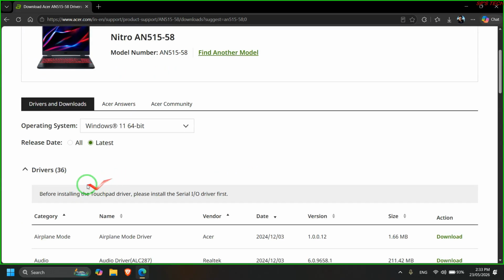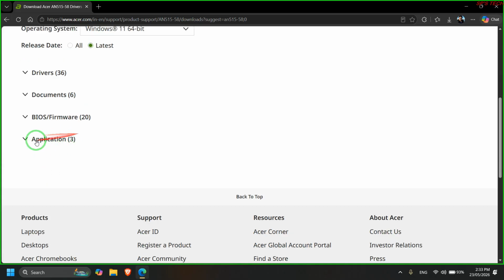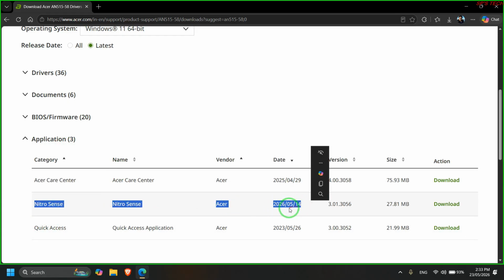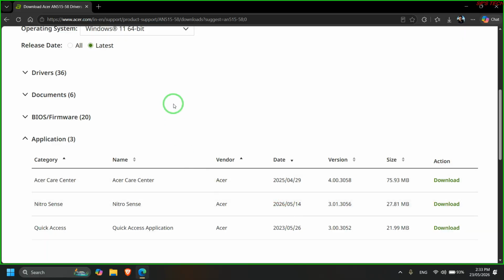But if you visit this support page now, then you can scroll down until Application. Under that, you can see NitroSense is listed back again and the upload date is 14th of May. So irrespective of the model number, if it happens that your specific model number doesn't have NitroSense, you can still visit the page, type